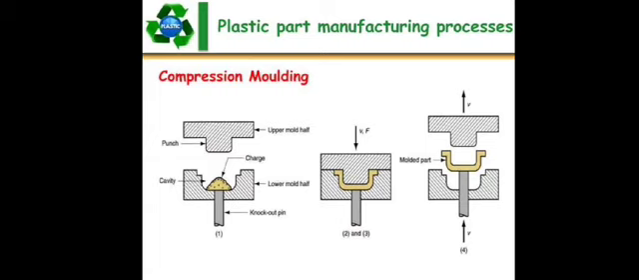First of all, a pre-weighed charge of particulate polymerized material is placed in the lower half of the heated mold, and the upper half is then forced down. In this case the material is squeezed out to take on the required shape. The application of the heating and pressure